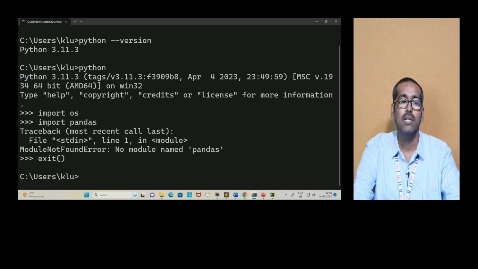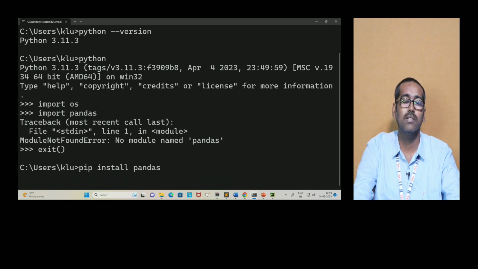I already said the important thing is that it should be connected to the internet. This system is already connected to the internet. So we type pip install pandas. Enter. That's it. Watch carefully, it will connect and go to the internet,